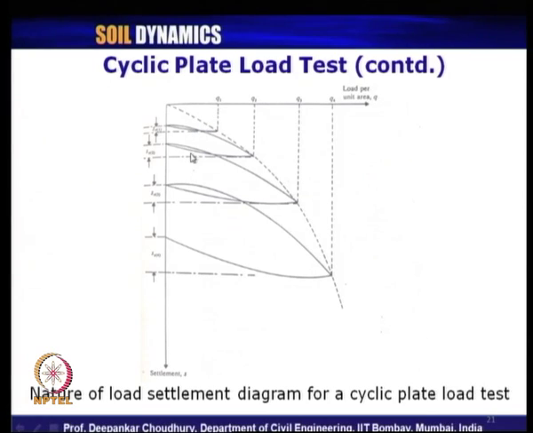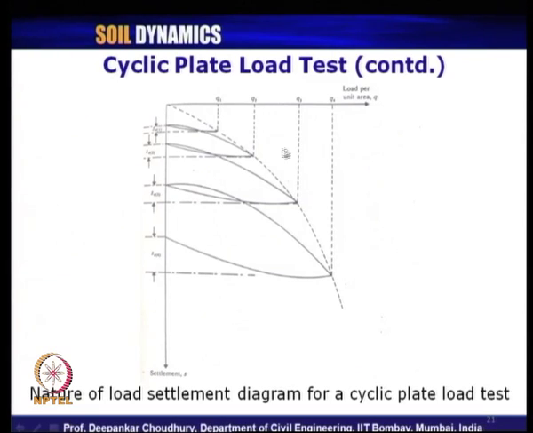Similarly, in the next cycle what is happening? When you are applying load Q 2, the total settlement is this much up to this. So, draw a horizontal line from there. Next, after taking out the load completely, the settlement remains up to this. So, the amount of settlement it could recover is this much value. So, this is the elastic settlement under the load Q 2. So, this is S E 2. This is S E 1 corresponding to load Q 1, S E 2 is the elastic settlement corresponding to